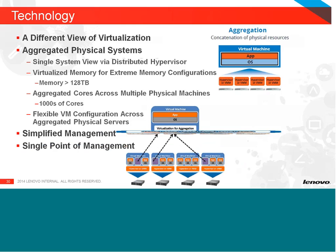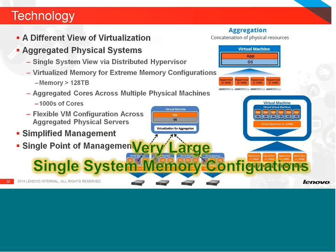So when you see this now, it looks more like this, where we fundamentally take a virtual machine and it now includes multiple physical machines that are aggregated to look like a single system image with a single OS spanning all of those nodes. So now we can create very large single system memory configurations all the way up to like 128 terabytes. And this is something that we're working on. We're working with SAP. We're working with other vendors to use this as an approach to creating large single system memory configurations